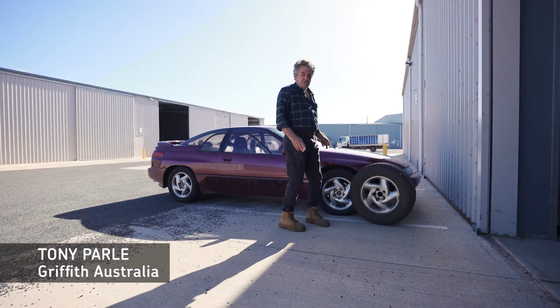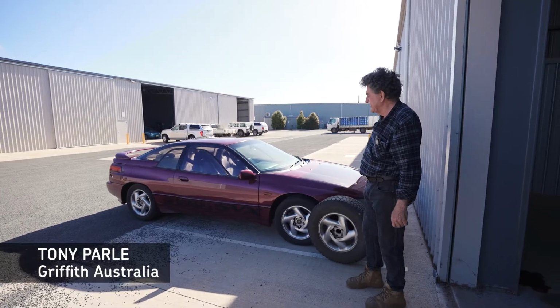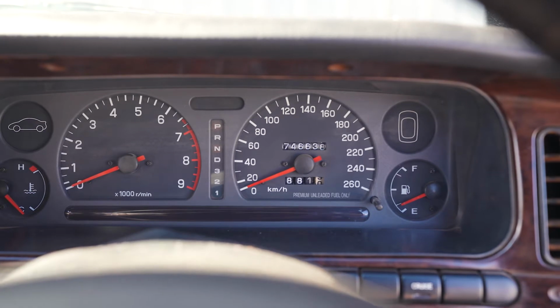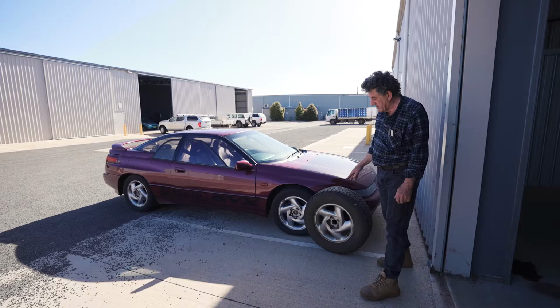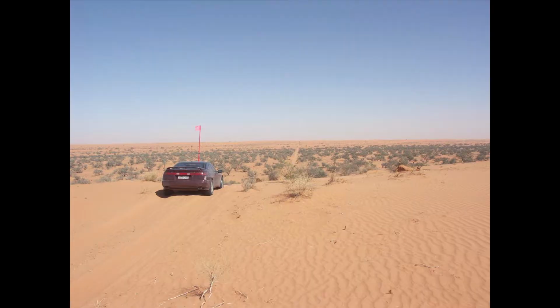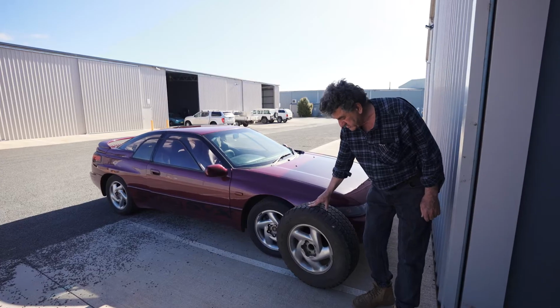This is my first Subaru SVX. This is a 1995. It's got the most Ks on it, 740,000. The speedo didn't work for a while and had these big tyres, so it's probably about 790. It's crossed all the deserts in Australia a number of times. Used to run fully on 4 of these, as you can see,